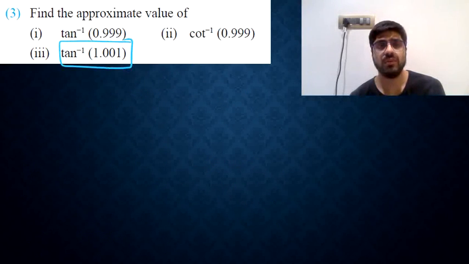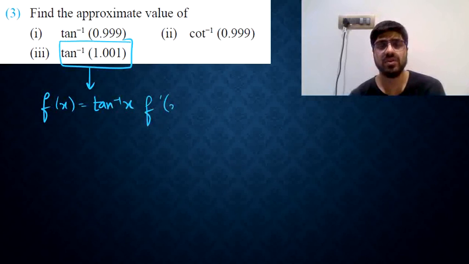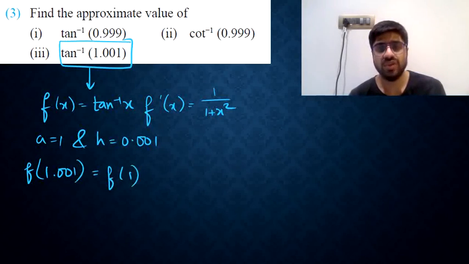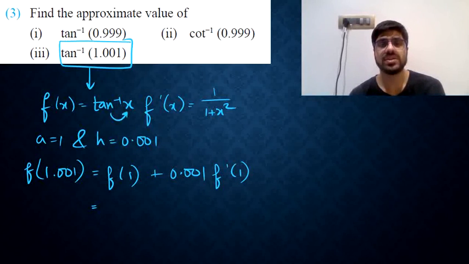Tan inverse of 1.001. So you take f of x again as tan inverse x, and f dash x, that will be 1 upon 1 plus x square. You take a as 1 and h this time will be not minus but plus 0.001. So f of a plus h, that will be 1.001. That should be f of a, which is f of 1, plus h into f dash a. So f of 1, that's tan inverse 1, which will be pi by 4, and we just saw that it is 0.7855 plus we have